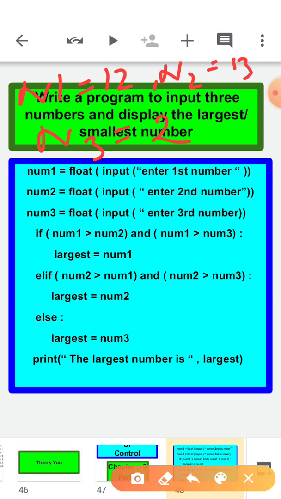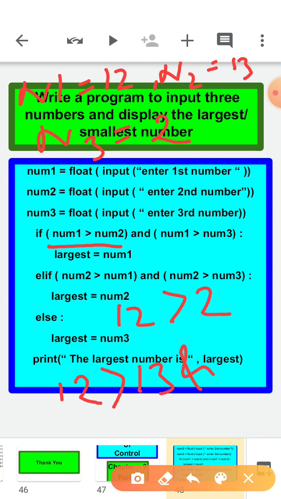First compare: num1 is greater than num2? Num1 is 12, greater than num2 13, and num1 12 greater than 2. So this condition is false, and this one is true.